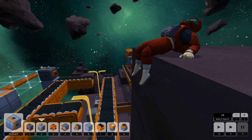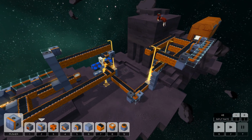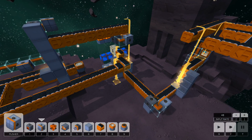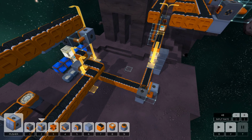I just don't know. I don't know where I can rotate this block without it getting stuck on the rotator. Well, maybe I do. Maybe I do. Okay. So let's